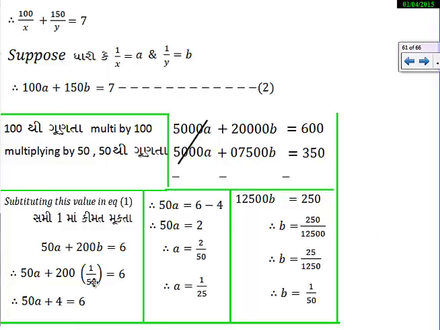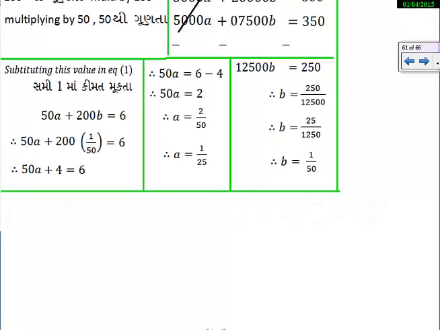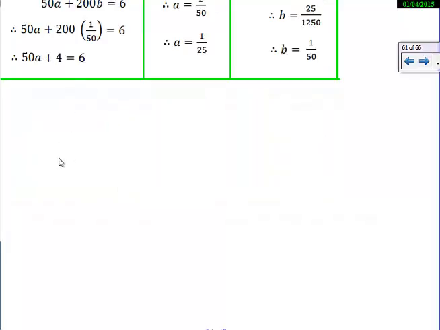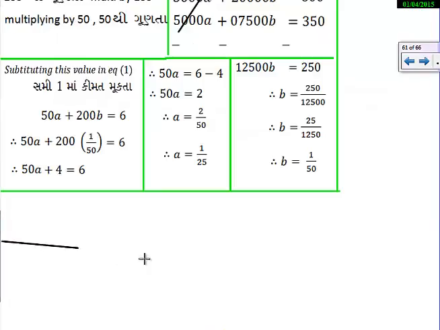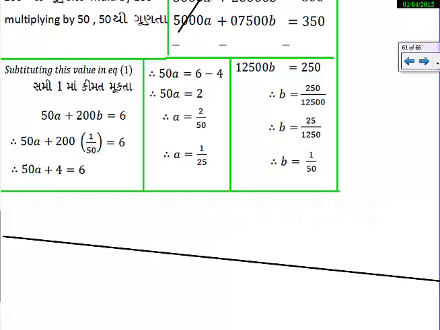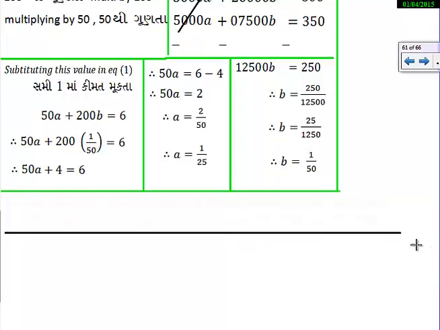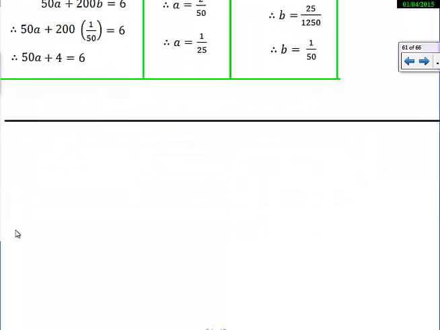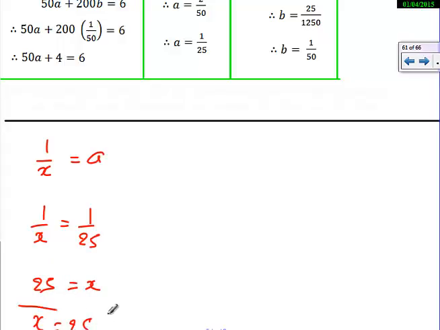Now, what I need to do ahead, I need to substitute the value for what I supposed, right? So, now what I will do, I will draw a line over here. I will draw a straight line over here. Oh, I'm not able to draw the straight line. Fine. Now, what I supposed, 1 upon x is equal to a. Now what is the value of a? That's 1 upon 25. So cross multiply, 25 is equal to x, as x is equal to 25. So train की speed जो है वो 25 किलोमीटर